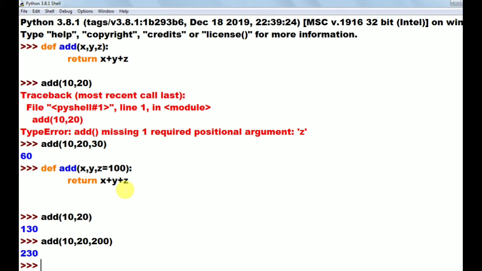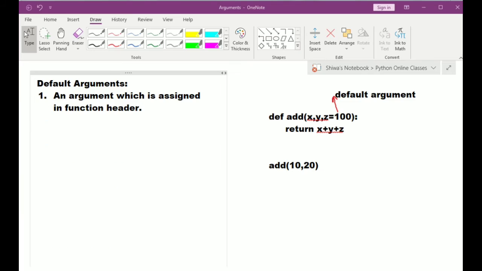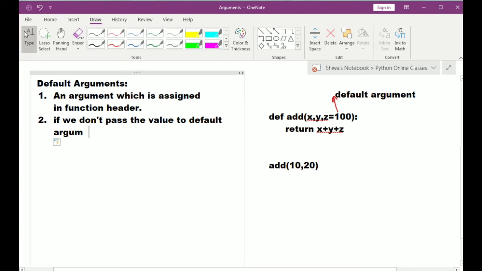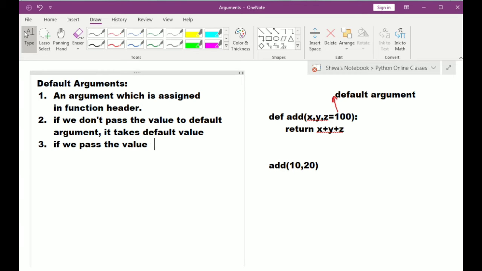Now I am writing those points here. If we don't pass the value to the default argument, it takes the default value.